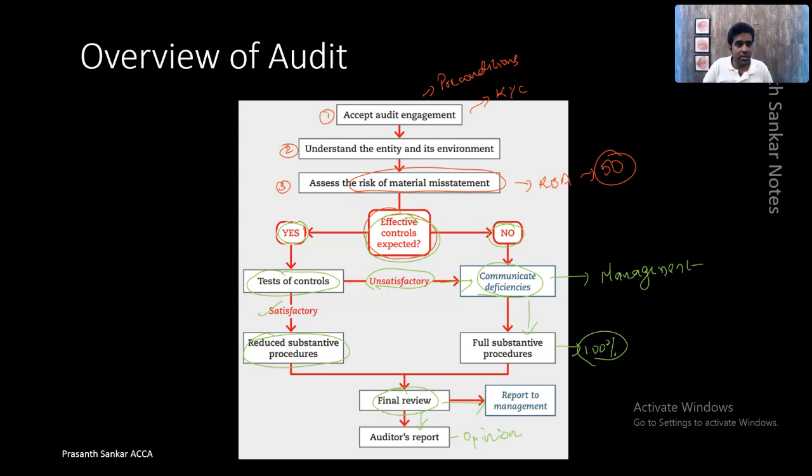So as an auditor, you are expected to step into the role of an auditor. You will have to mention in your answer: the controls are not effective, go for full substantive procedure. So this is very important that you as a student of AAA understand this process, because this is the basic 101. With this process is where your advanced audit and assurance is going to start.